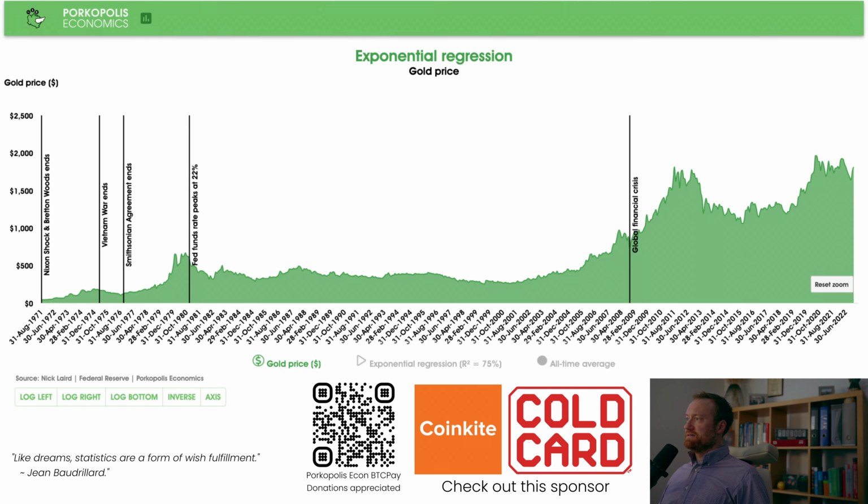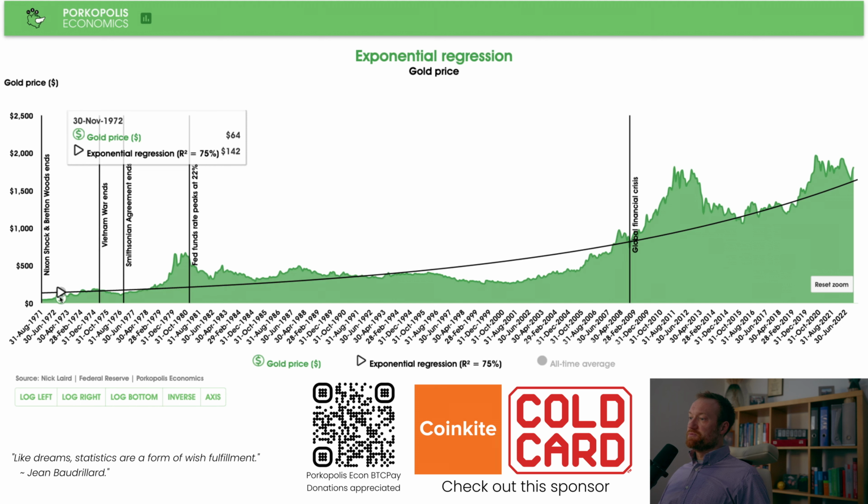So let's take it back to the data here, to our 50-plus year gold price history. Let's take all the price action. Let's find the A and B coefficient. Let's plug it all into the formula, and let's just draw that exponential regression line. And there it is. So this one's a little bit smoother than the example that I just showed you, but